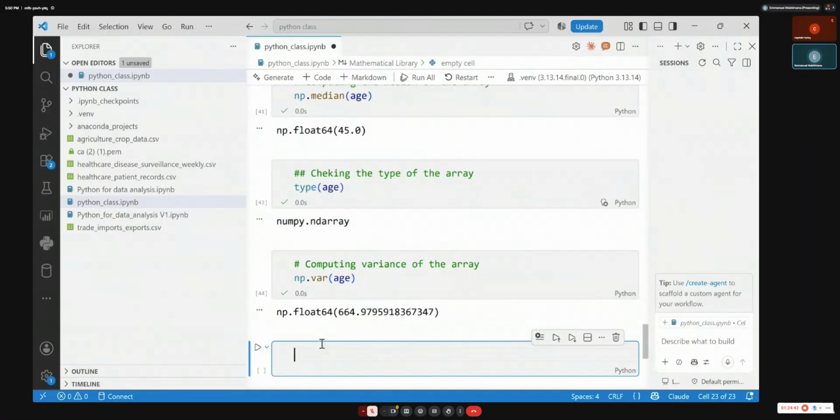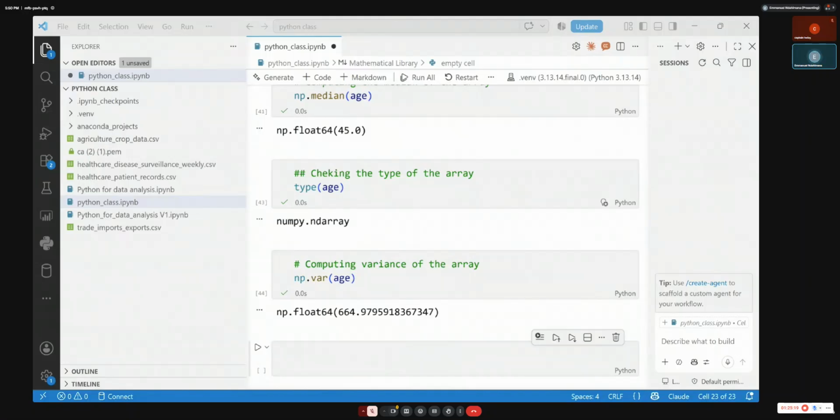You compute the mean first. You look for the mean of your values, then you take each value minus the mean, square the difference, and sum.